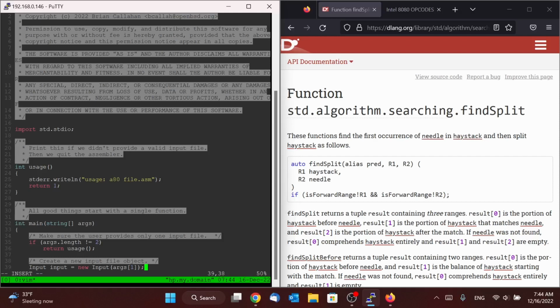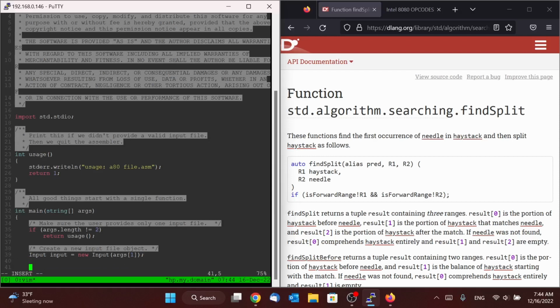So this will, when we write the code, create a new input object. It's going to give that new input object an argument, which will be whatever the file we put in was. And we'll see that when we create these input objects, part of what we will do is we will read in the source file that we gave on the command line, and we will break it up into individual lines and store all that in one big object, and then that object can just hold all of our source code for us.